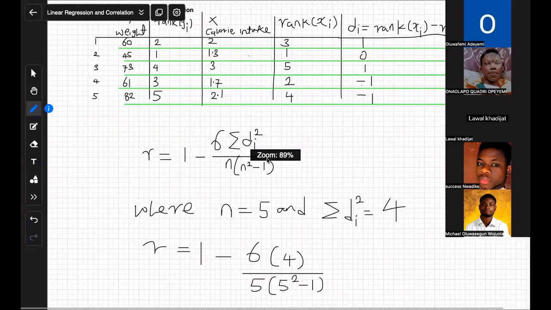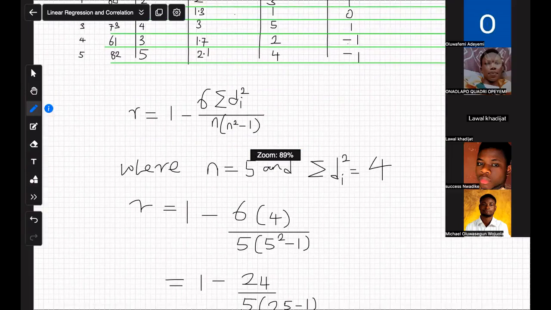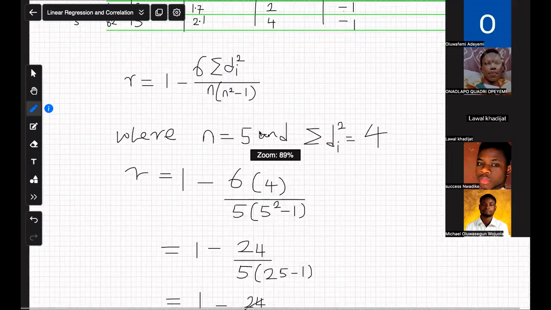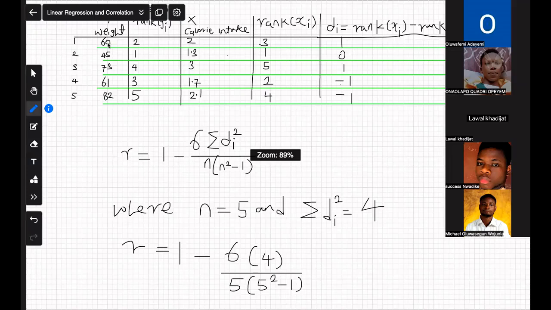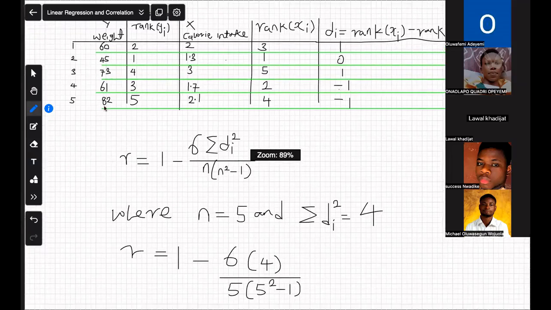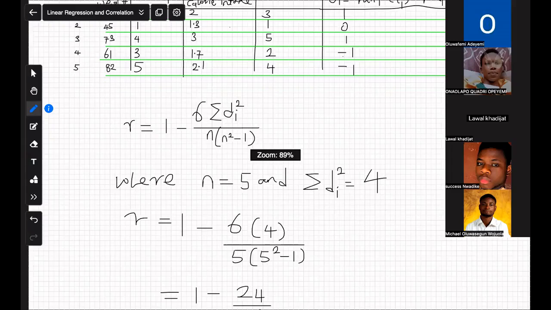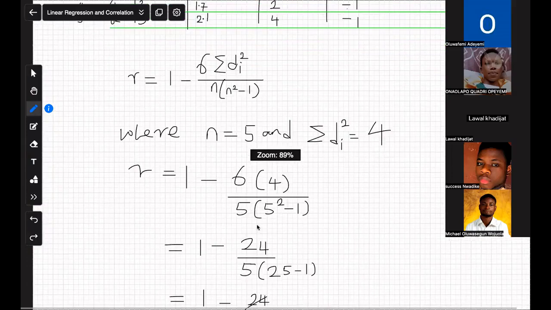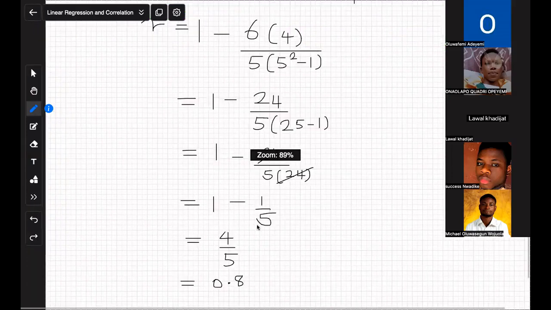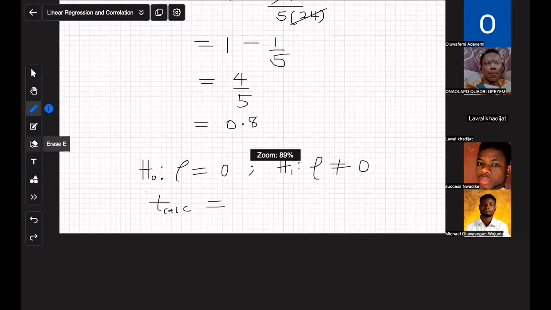Now we come to our formula. It says 1 minus 6 times the summation of di squared, which is 4, divided by n multiplied by n squared minus 1. And n is 5, because we have 5 data points, or observations, for each of the variables: 1, 2, 3, 4, 5. So you can see that that's where we got our n from. Summation di squared equals 4, which we obtained from here. And then we fix all of that into the formula, and we get 0.8 when we are done solving. Now, that's not all. We now need to obtain